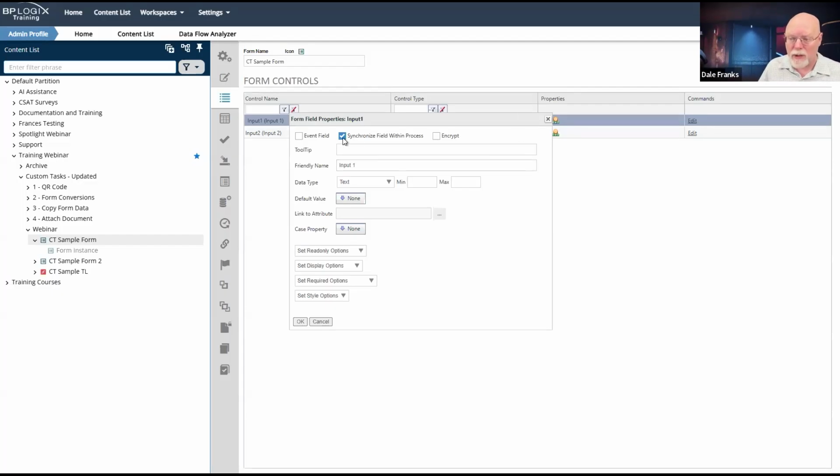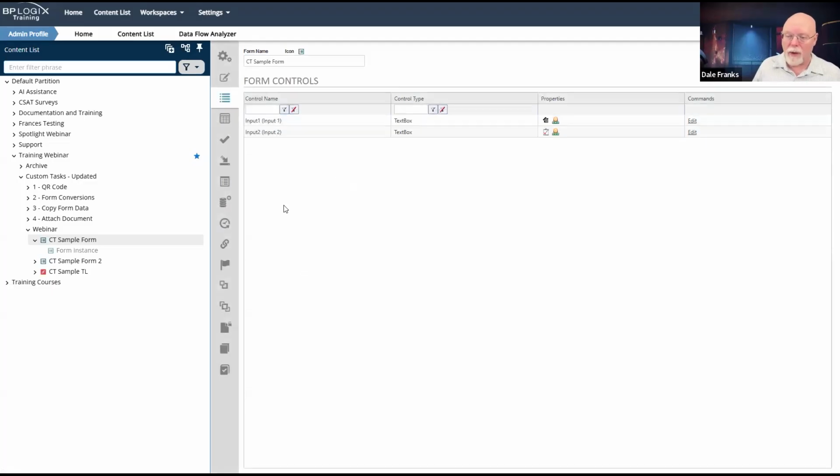That's a circumstance where this is not going to work very well because it is too constrained and it does too tight a series of operations, and I need to be a little more loosey-goosey than that. So then I would not use synchronized field within process. Then I would use the CT so that I could just do a quick copy. But I might do that here or in the form, or I might do that custom task here in the process timeline.